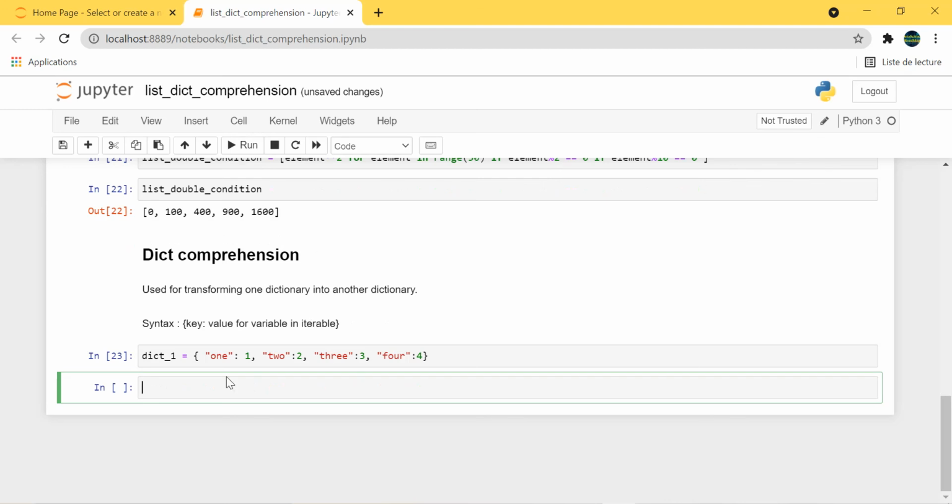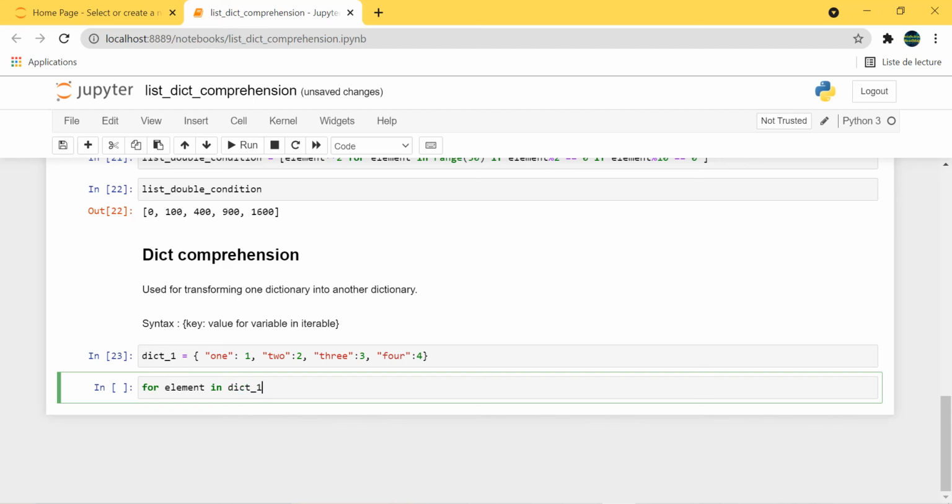We want to create also the square numbers of these numbers. So we have 1, 4, 9, 16. To do that, we can use the update method that we use to add elements to our dictionary. So for element in